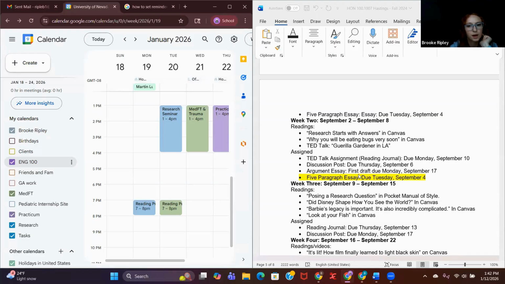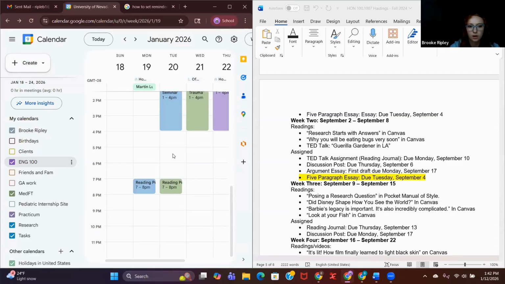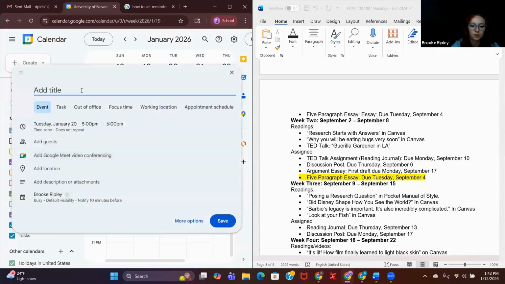So I'll do this 5-paragraph essay. Let's say it's due on Tuesday the 20th. So I'm going to go to Tuesday the 20th and click on just a box when it was due. Let's say 5 p.m. Put 5-paragraph essay due. And I know it's for English 100 because it's for this calendar, so I don't really need to